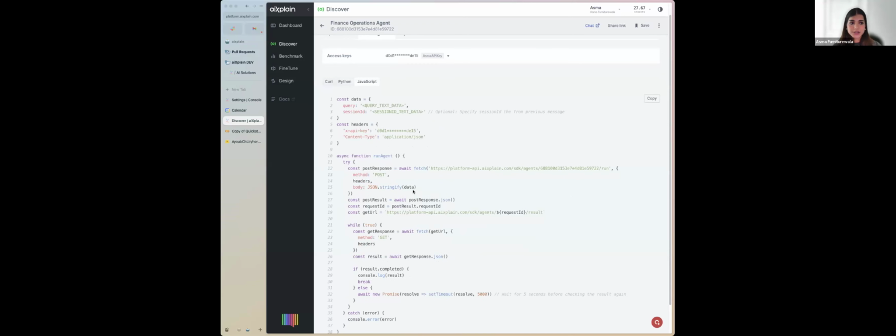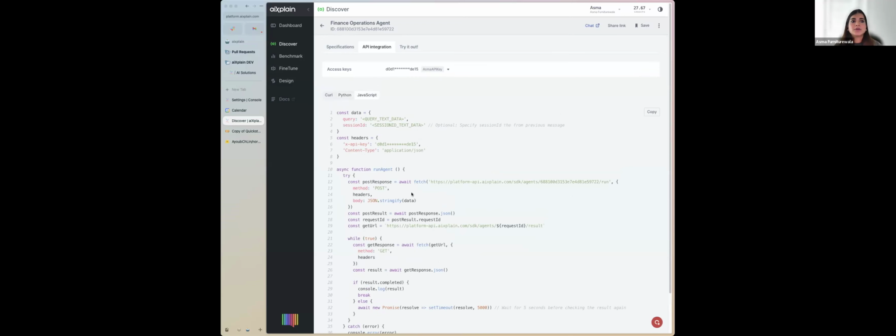You have the description, like I mentioned, that it's going to be easier for you to see what the agent is doing. You can go into API integration. You have the curl commands or the code for how you could post and get your responses from your agent endpoint. So this is your agent endpoint that you will be calling. And you have the code in Python if you want to execute it, and JavaScript as well. And you could use the chat link to chat with your agent